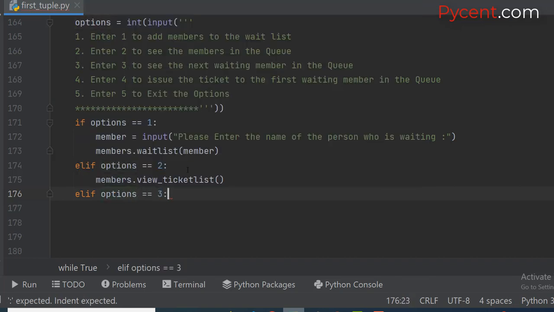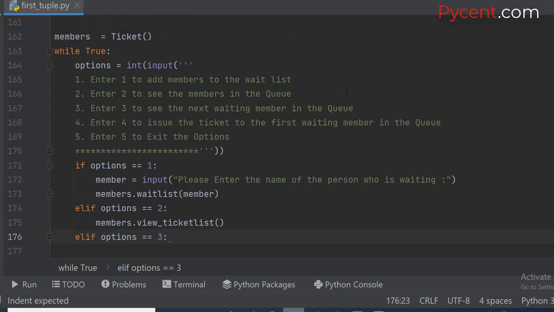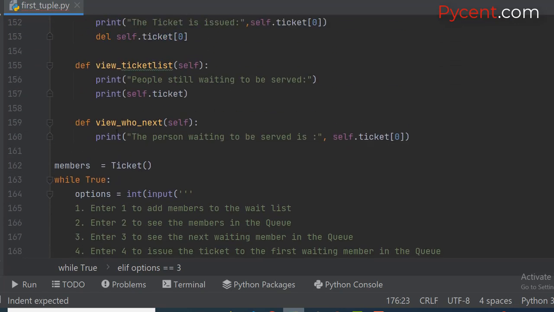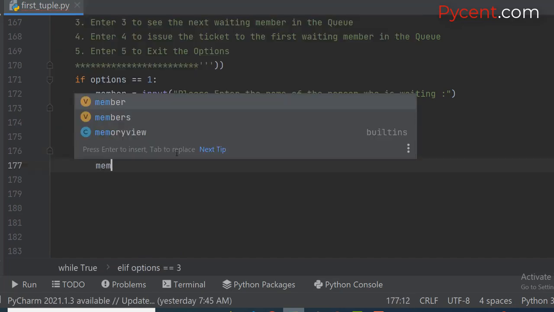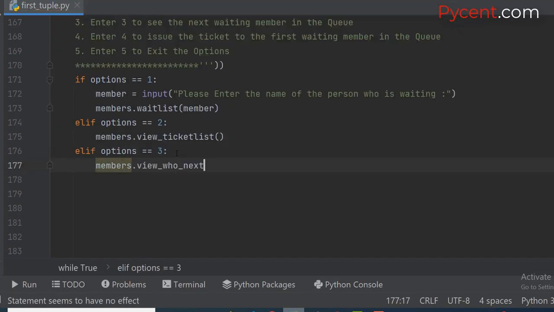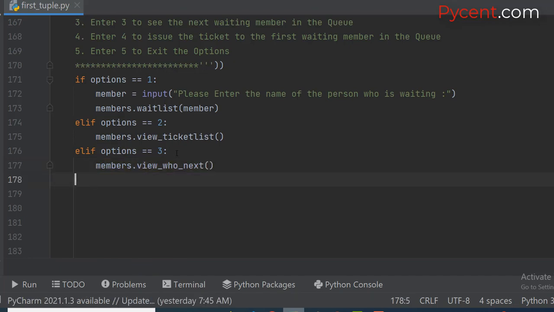Now if the option is equal to 3, then what happens? 3 is entered to see the person who is waiting in the list. Who is next? So we need to call this person. Who is next? Now this is okay. Members dot who's next is called. That's fine. And next is elif